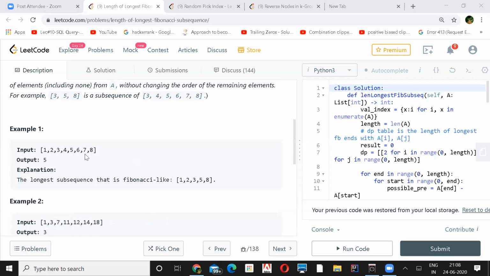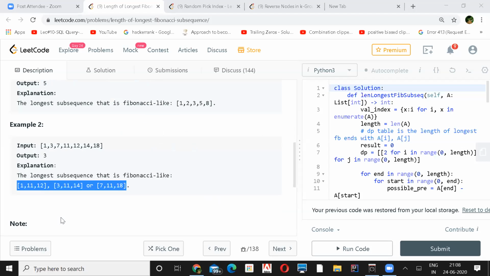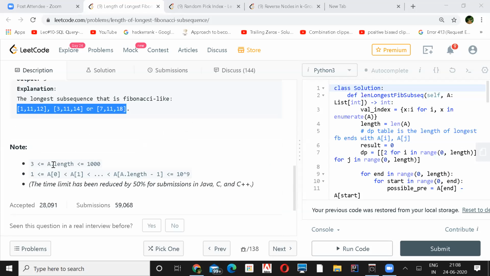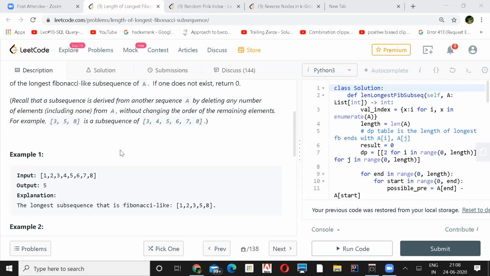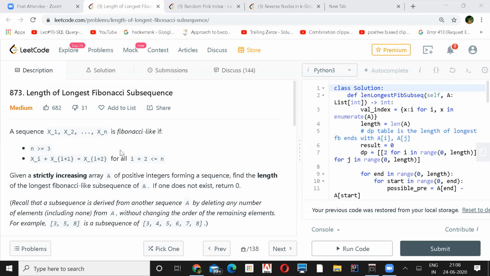And in example one you can see the largest one for this array is 5, and for this one you have 3, the largest one. The constraints are given as well. Yeah, so how do you approach this case? I tried a brute force approach, which is giving me a time limit error. What I did was, for every element, try to pair up with all the elements on the right side and recursively call to find the maximum fit sequence you can get.